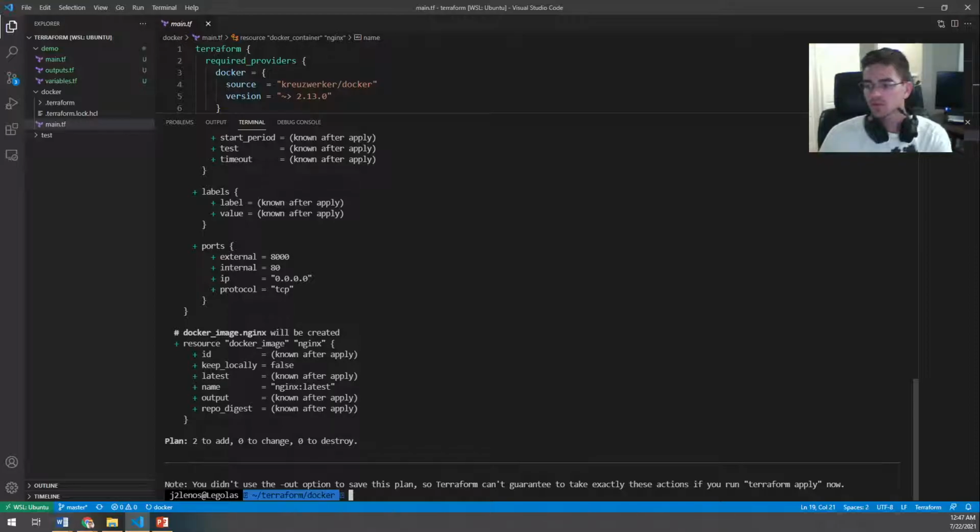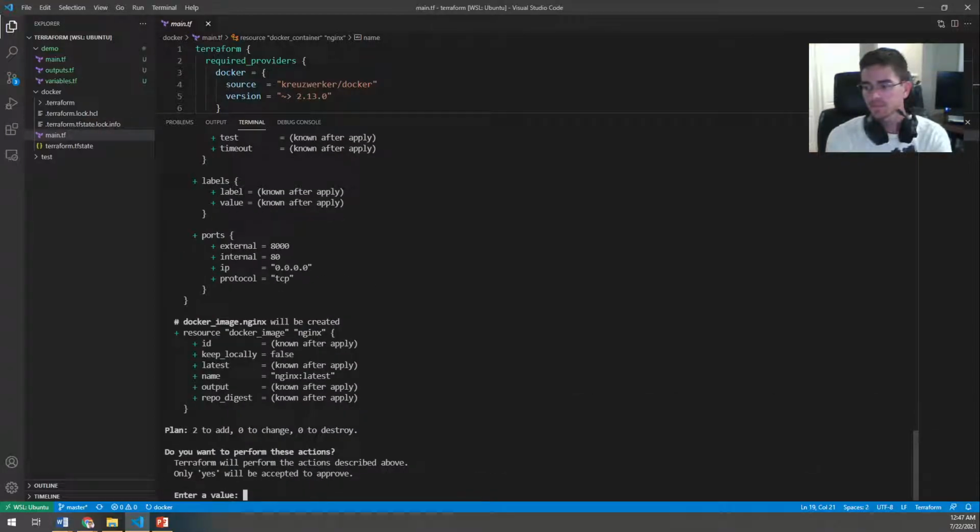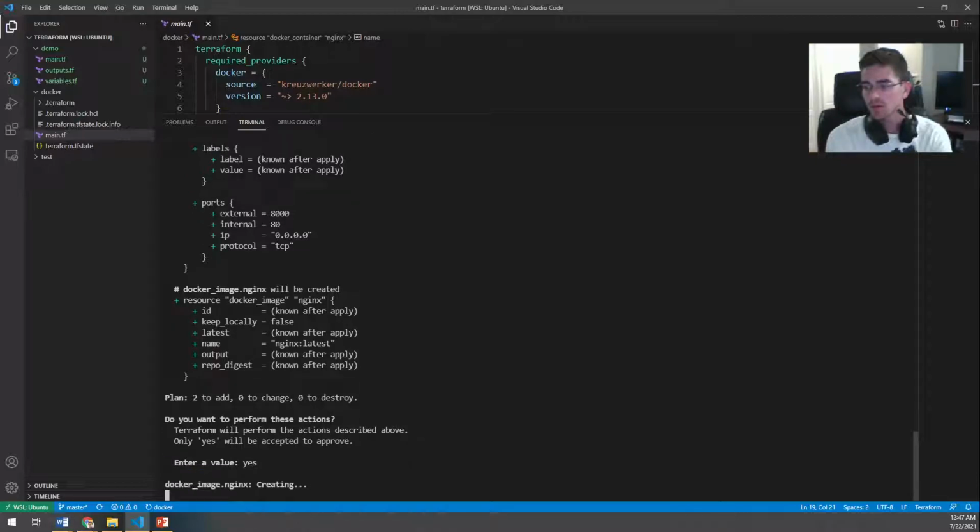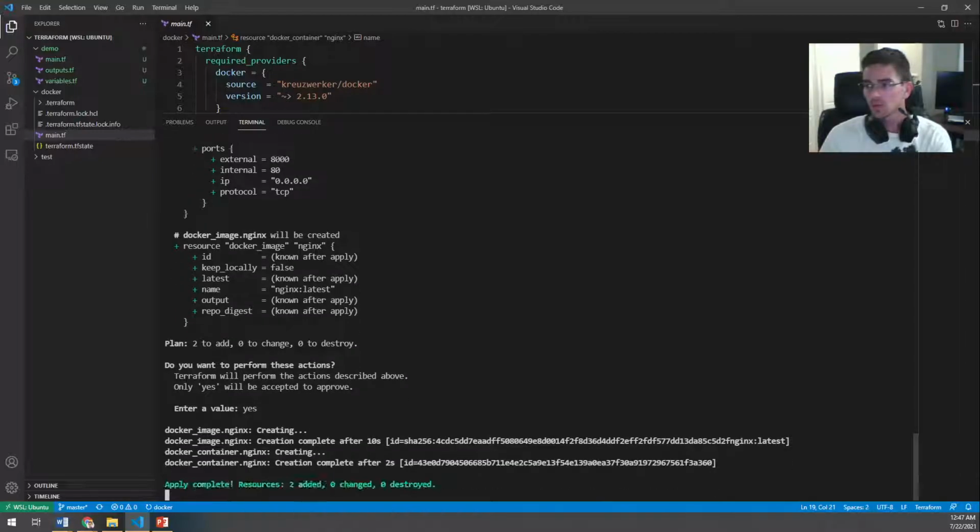And if I choose to apply it, Terraform apply, then it repeats this information and asks, do I want to go ahead and do that? If I click yes, then it's going to go ahead and create that Docker configuration. And so I didn't need to create a Dockerfile. I didn't need to do anything crazy, but I now have, if I open my Docker Desktop,